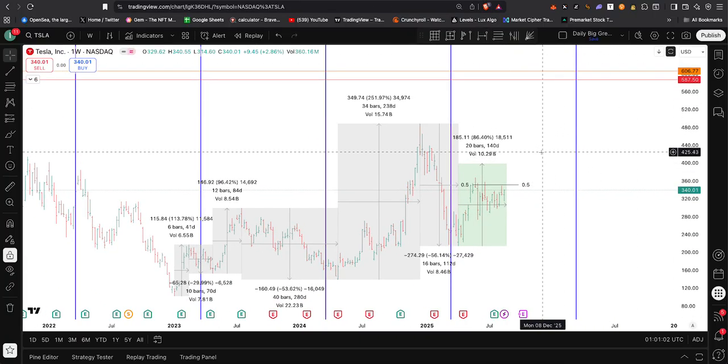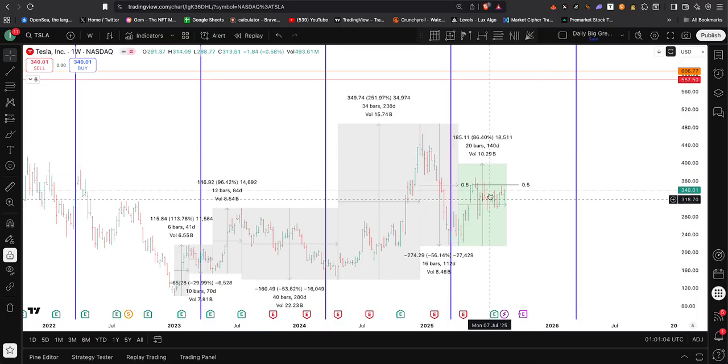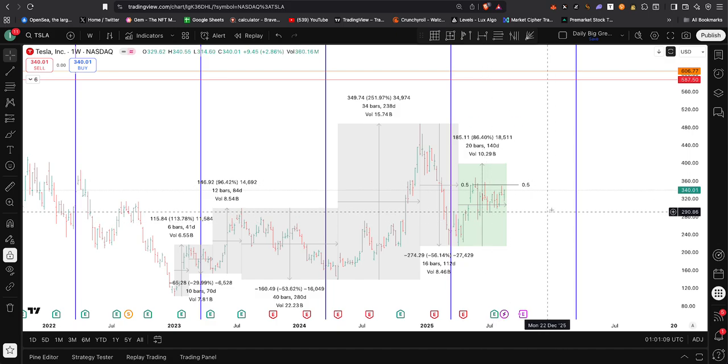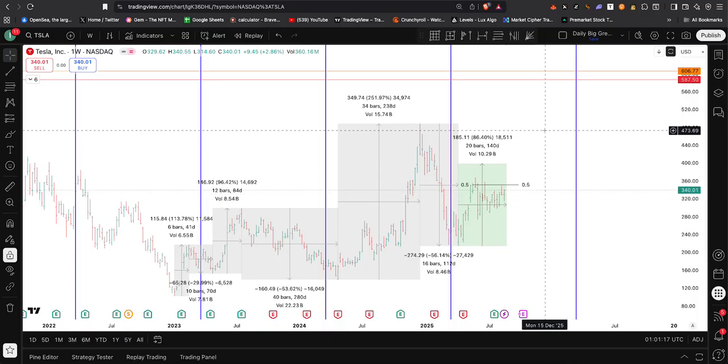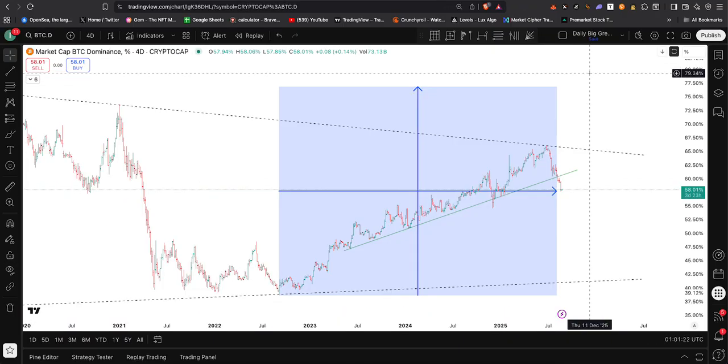And a bearish case for Tesla is, I mean, if it breaks out of this pennant bearishly, impulsively, a weekly close under some of these lows, and that could be not the best look. But time will tell. Bitcoin dominance,